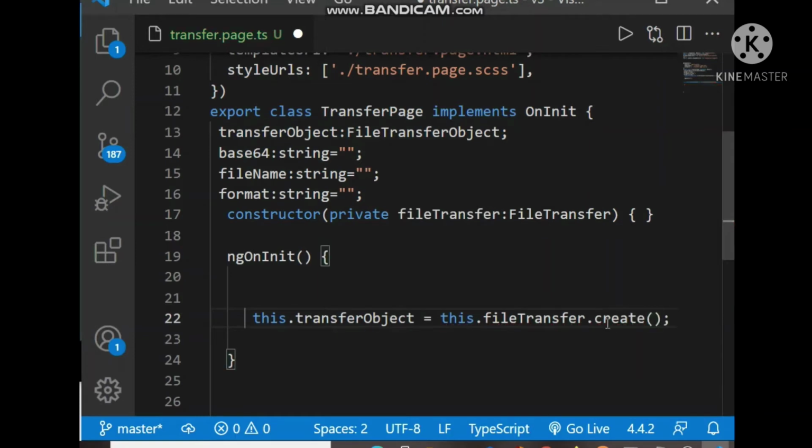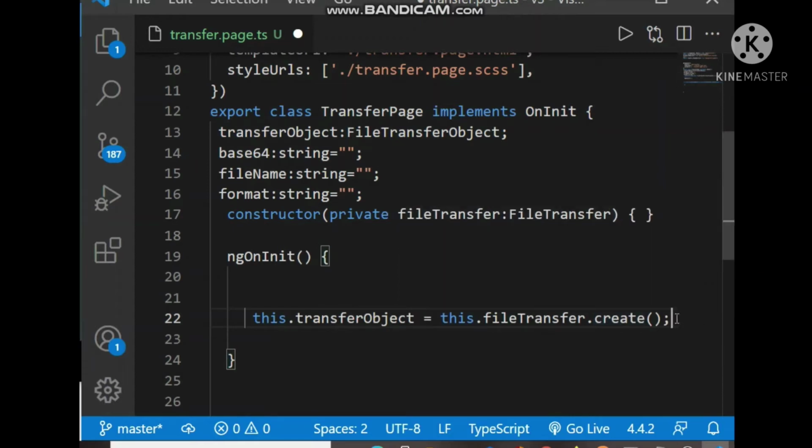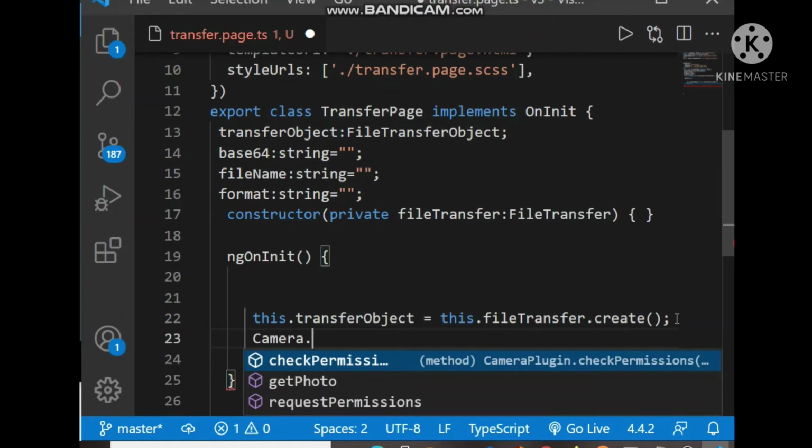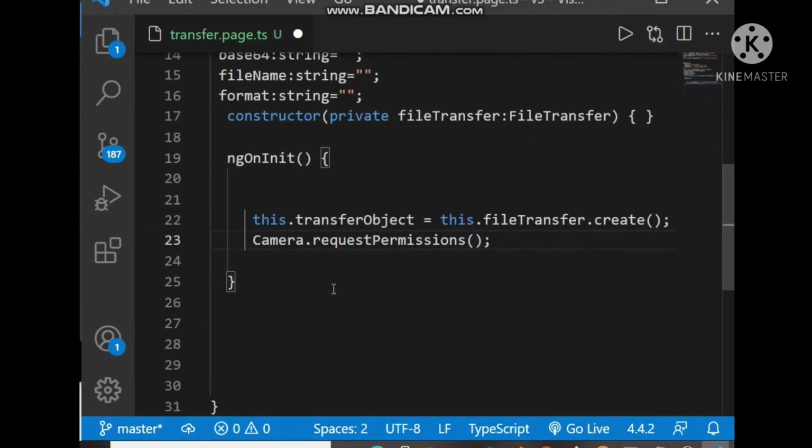So this create method will return the file transfer object, and this file transfer object will be used to call the upload method of the transfer object. And also for the camera, we have to request permission. If the permission is not granted, it will ask for the permission, read and write permission. Now we have to build a method pick or capture.